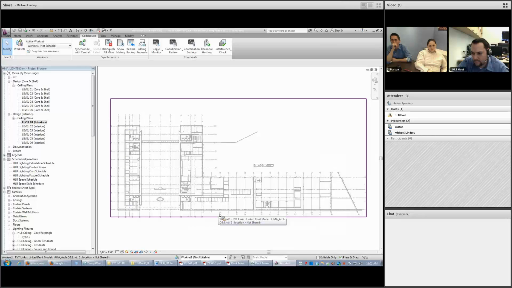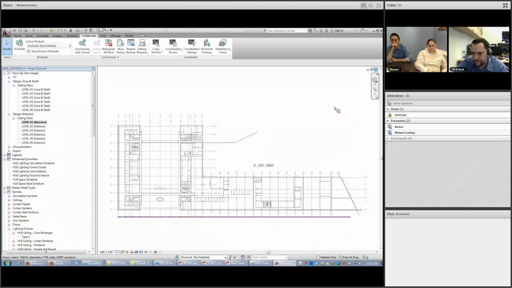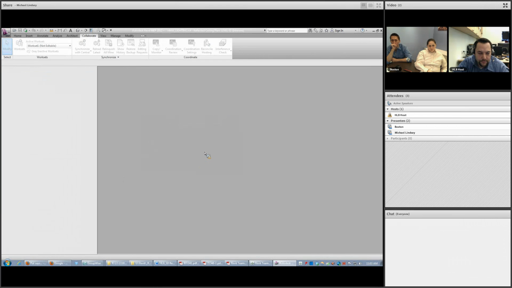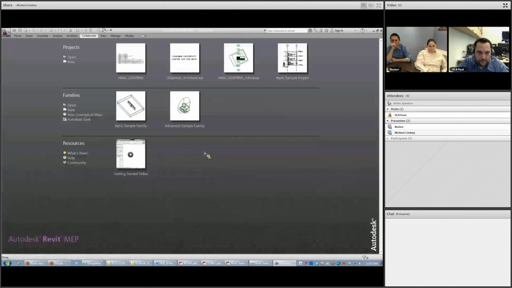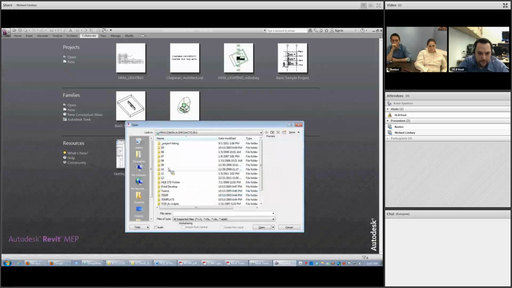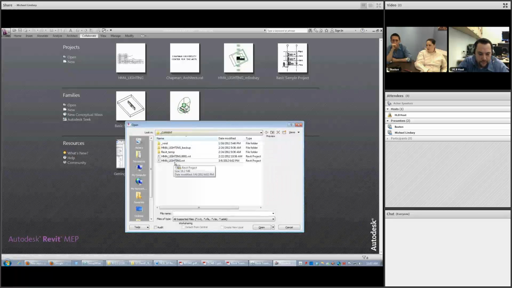It's then actually as simple as if we were to pretend that both Lindsay and I came into the office one day. Let me close this. And we both were anticipating that we were going to work on it. If you go and click on Open, and let me find our actual project here. If you look down here in the bottom of the open dialog box, there's a few different options. First one, audit. I don't know what that means. I'm going to be honest with you. I imagine we don't have to touch it.